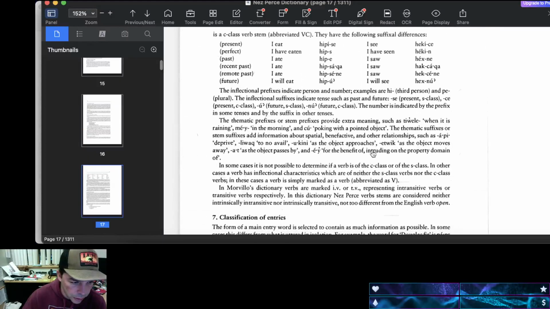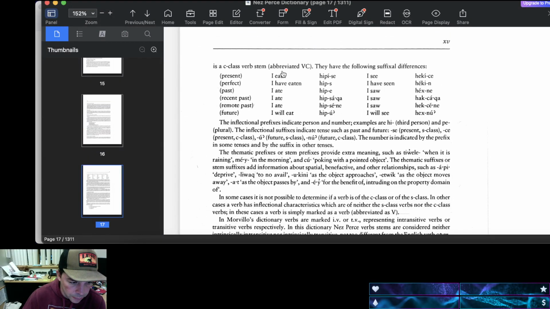And then he goes on to discuss the C-class verb stem, and then he calls the other ones just regular. So you can see the difference between hipisa and hakita. It's the same tense, only because the root for the verb to see, hacken, ends in an N. When we add the SE on the end, it changes to C. So N and S together change to C.